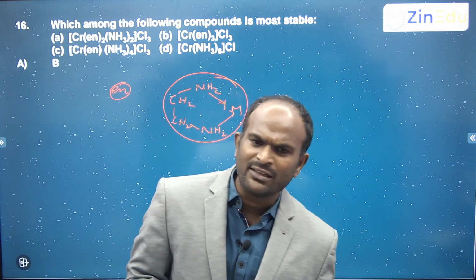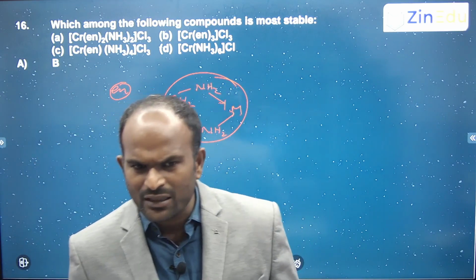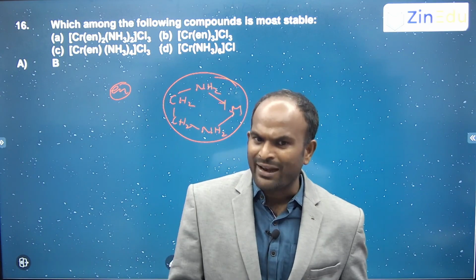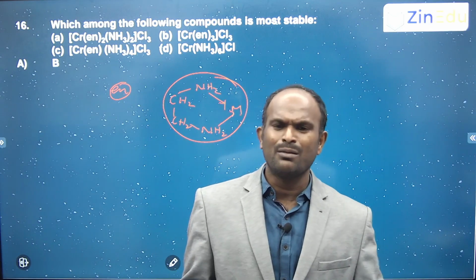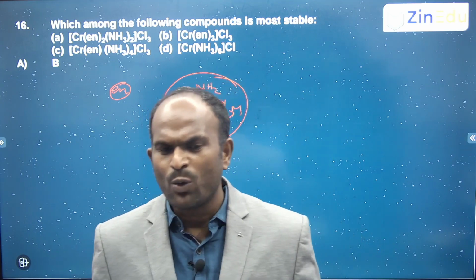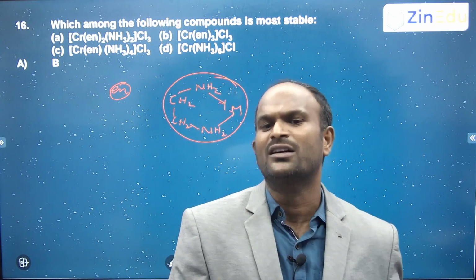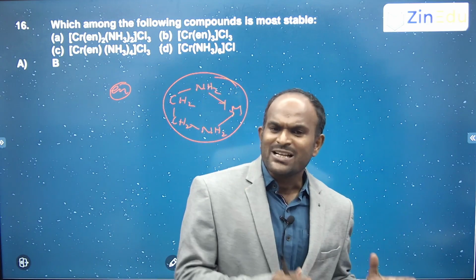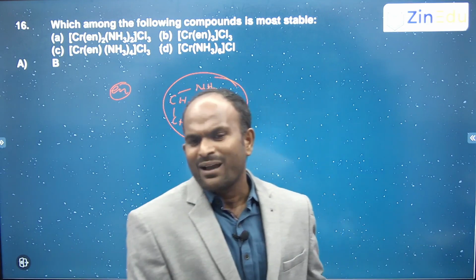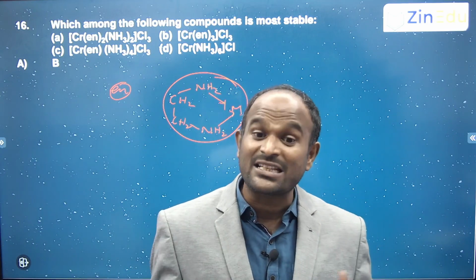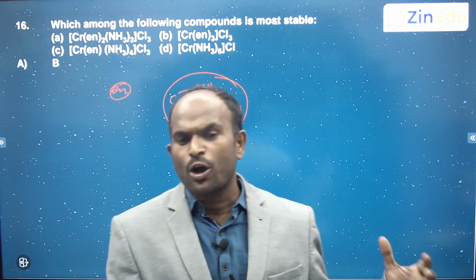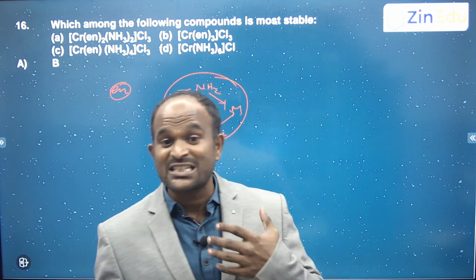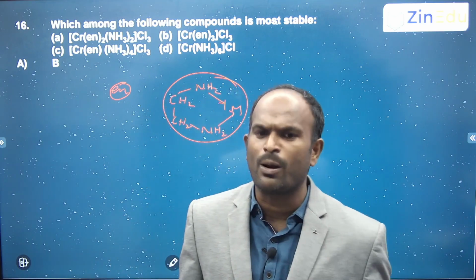The factors affecting the stability of the complex are the nature of the metal, the oxidation state of the metal ion, the nature of the ligand, temperature, and basicity. Among them, one of the most influential factors is chelation as well as hydrogen bonding. The complexes which have hydrogen bonding are more stable because they get extra stability. Similarly, ligands which have the ability to form chelation can form such stable complexes.